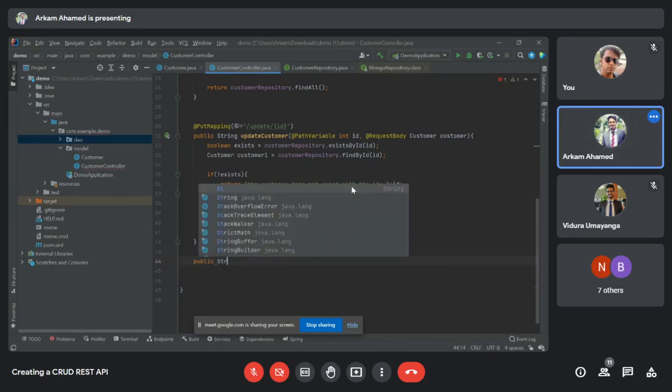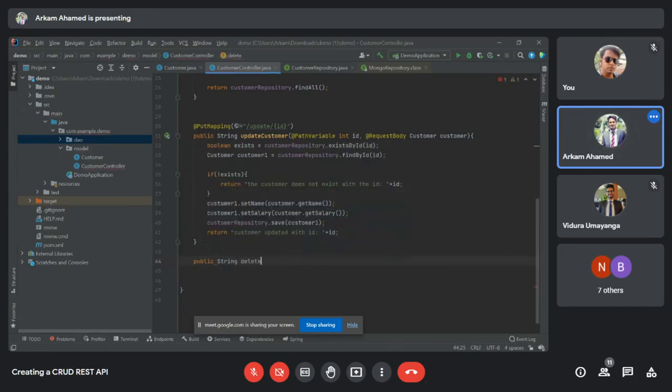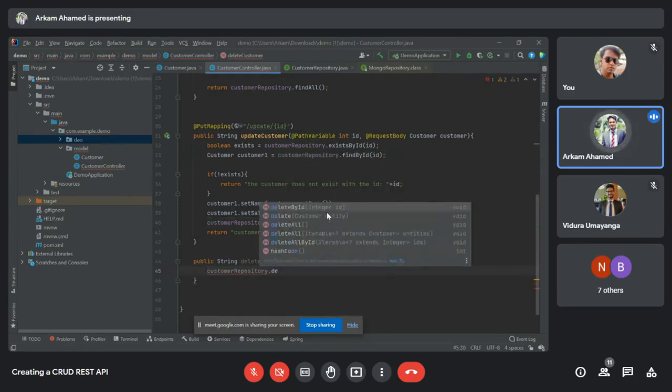Delete. So in here also we will need the path variable since we will have to get the ID from the user. Dot delete by ID.